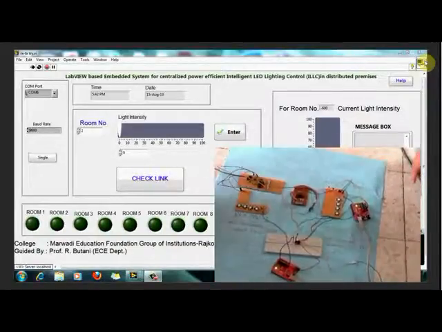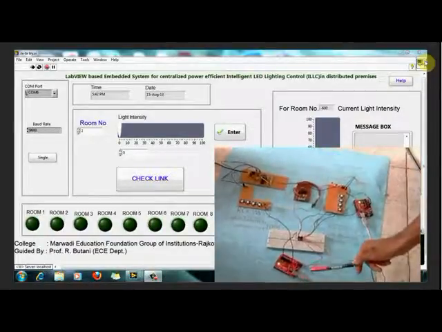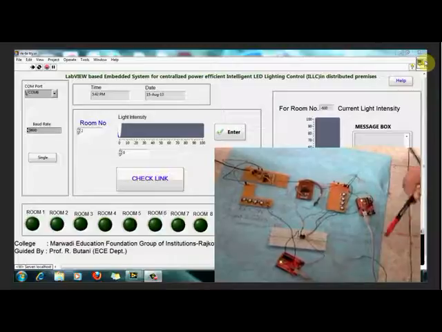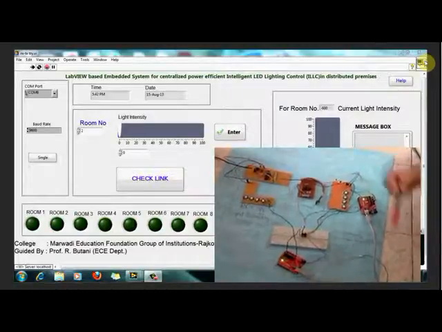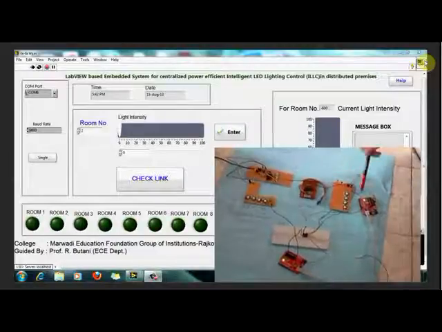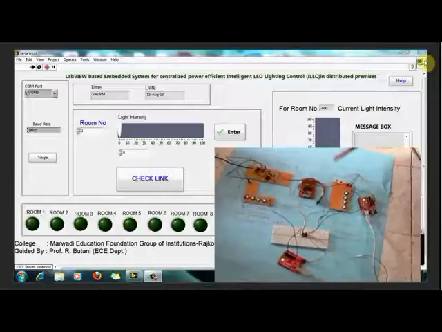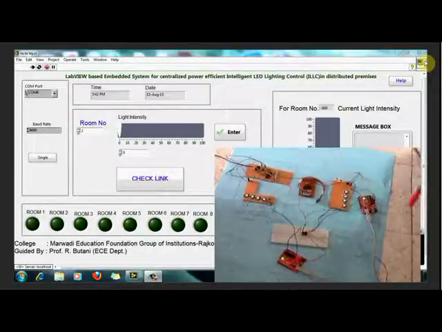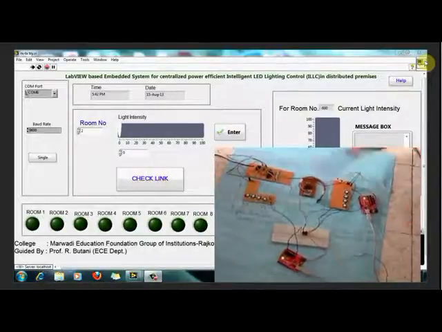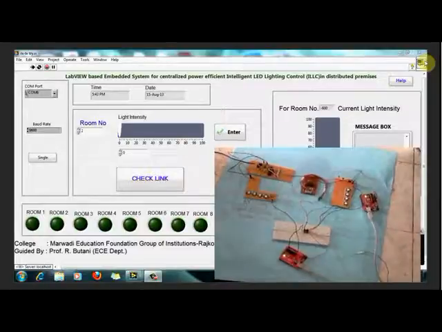So this is our hardware setup. Laptop plus Arduino constitutes our CCU, that is the centralized control unit. Then we have LICUs, various LICUs will be there. Presently we have considered just 2 LICUs. LICU means light intensity control unit. From the CCU we will control the light intensity of all the rooms. We will have various rooms; for demo purposes we have done only 2 rooms at present.